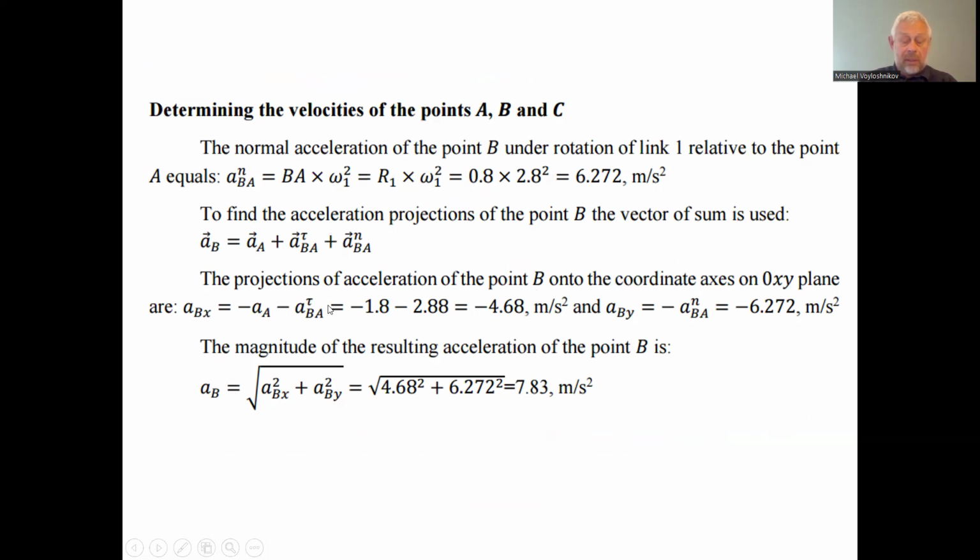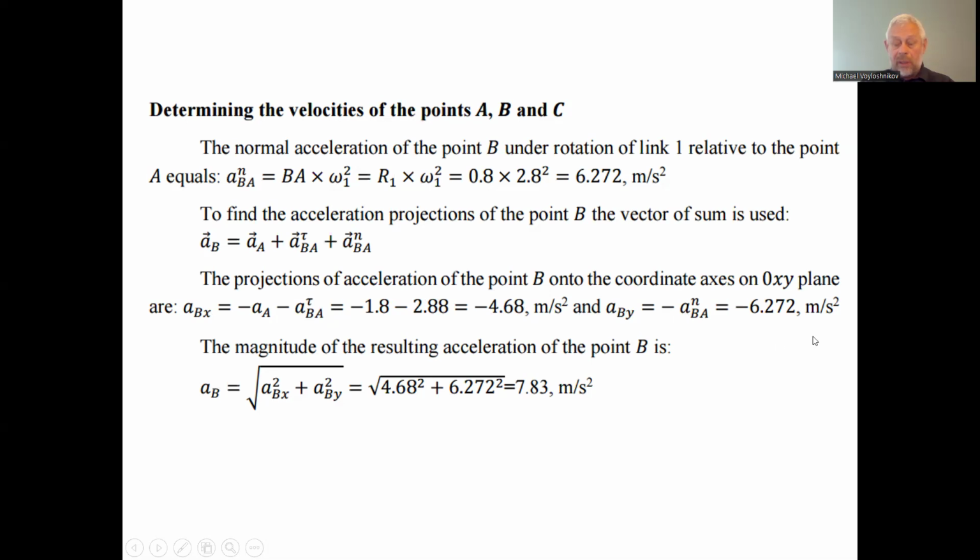We consider only the tangential acceleration having a projection on the horizontal axis X. So we can find it as the difference of the acceleration of point A and the relative tangential acceleration of point B relative to point A. The axis X is horizontal and the tangential acceleration is horizontal. So we have 4.68 minus, directed to the left, equal to minus